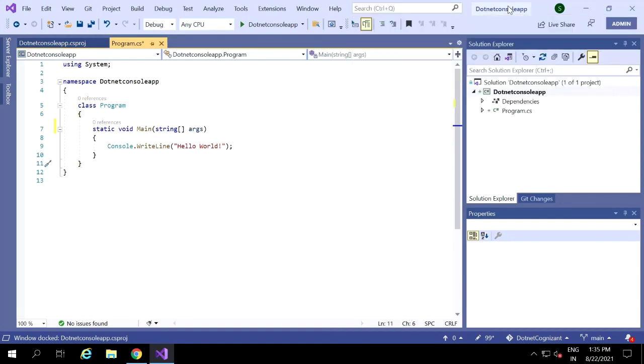Here is the search bar, and the project name we can see here. And if you have any account signed in, it will show here, along with the minimize, maximize and close buttons. This is the Live Share button. This is for bookmarks. If you want a particular line to be bookmarked and referred to at that time, you can use bookmarks. This is normal commenting and uncommenting that we can have here.